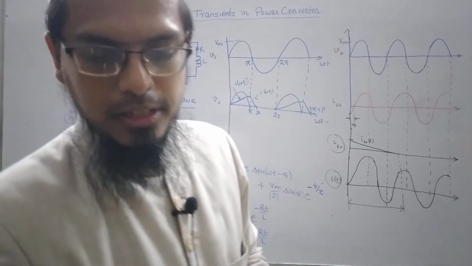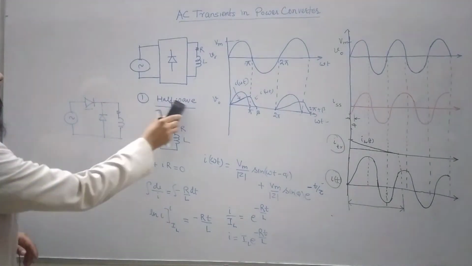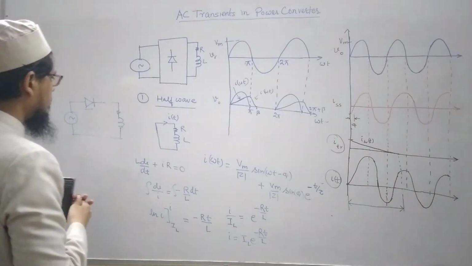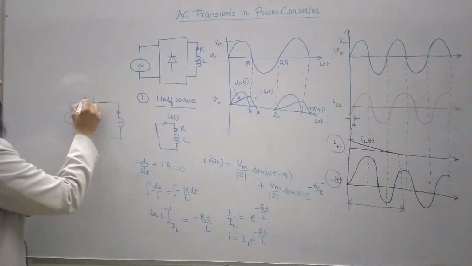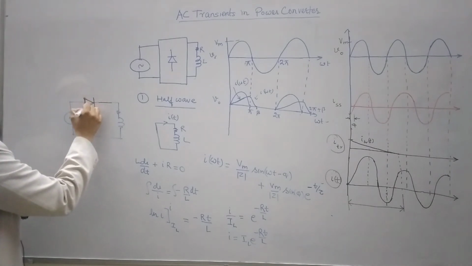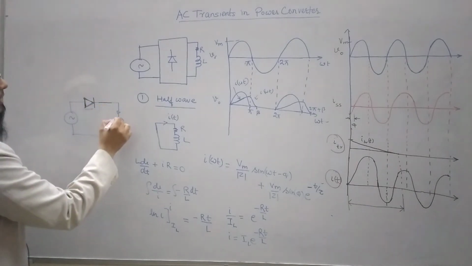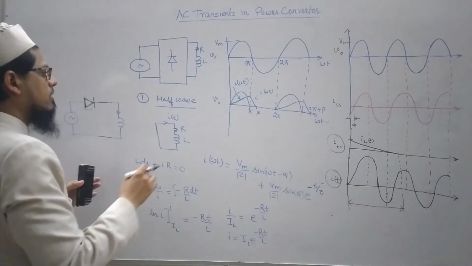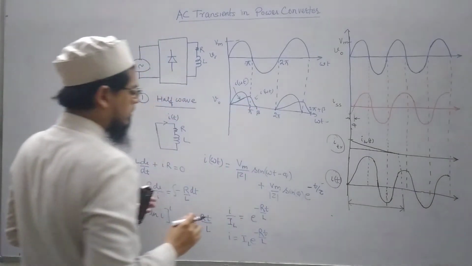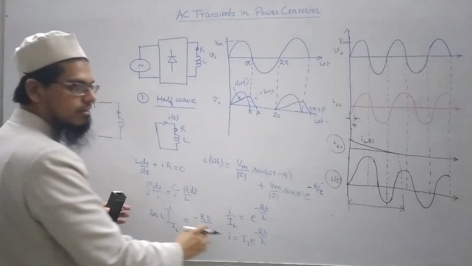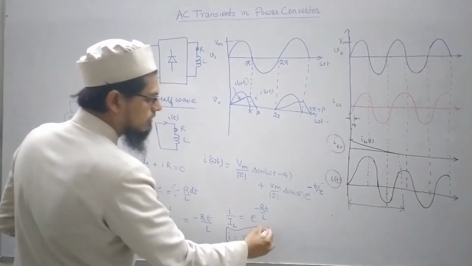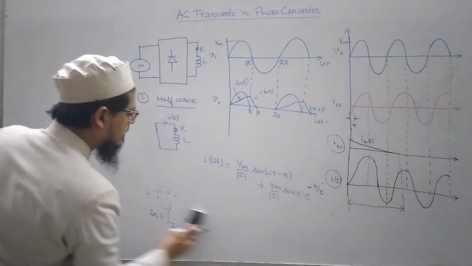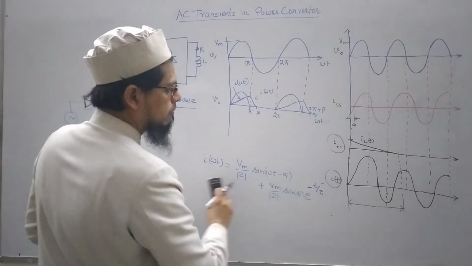Now let us take a case where I have this half wave rectifier, but this diode is not present. So this circuit, and the diode that was earlier present is not there. In that case, what will happen after pi? Now the current won't be following this expression after omega t equals pi. Rather, it would be following this same expression for the current.